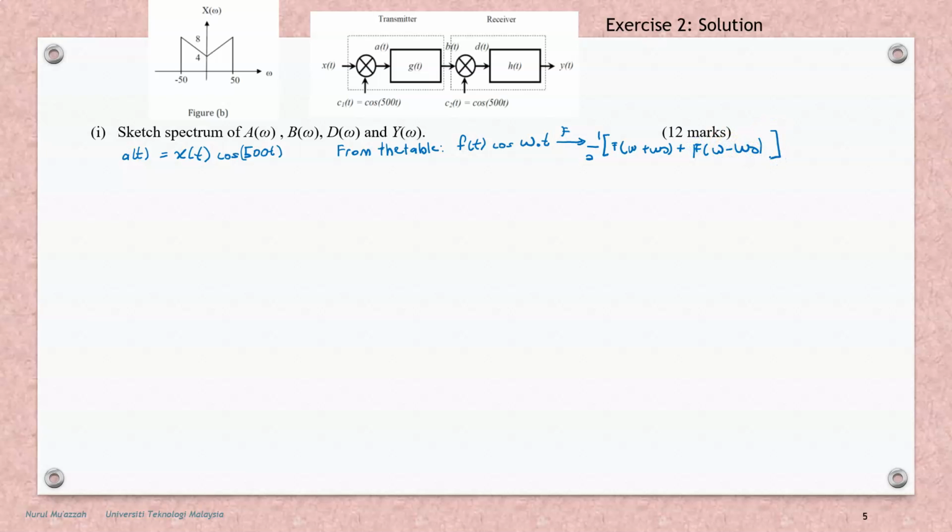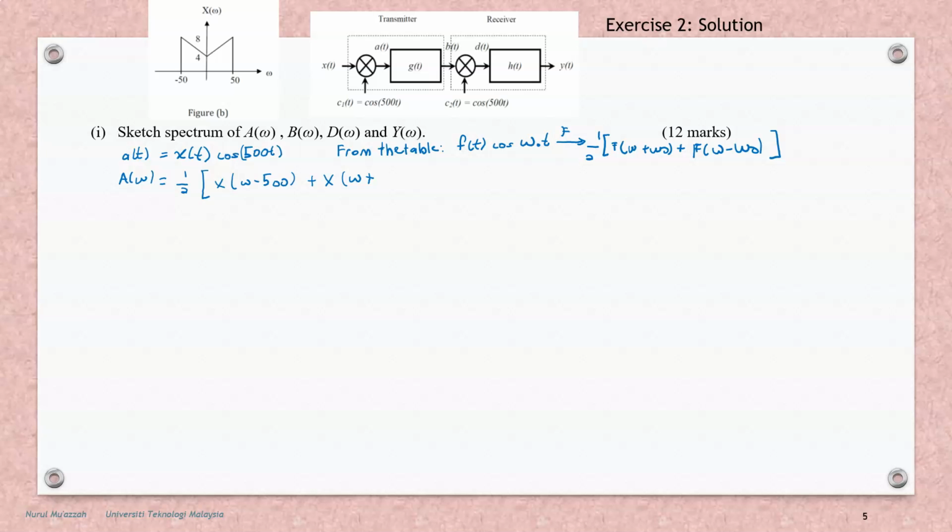So from here we can get A omega equal to 1 over 2 X(omega minus 500) plus X(omega plus